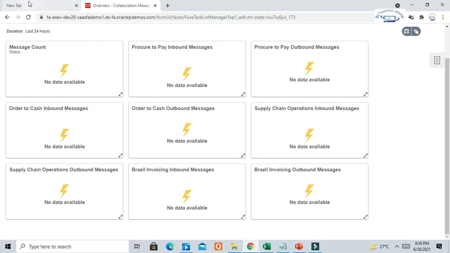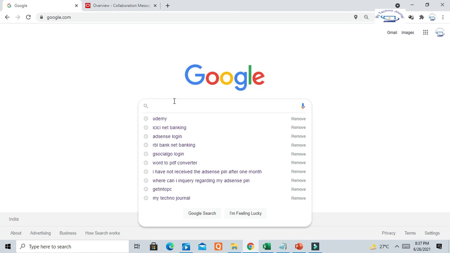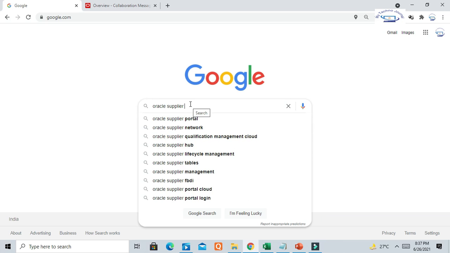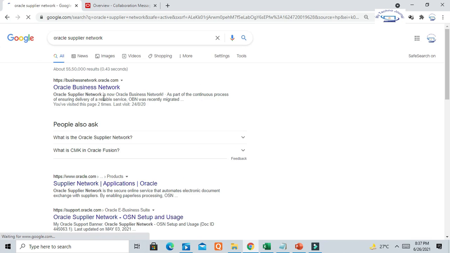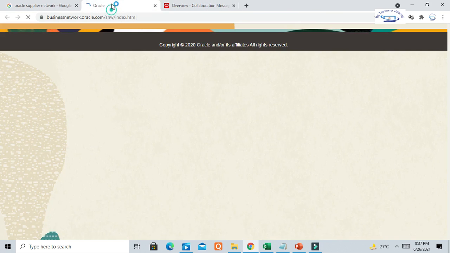If you go to Google and search for Oracle Supplier Network, Oracle Business Network is the service provider we can use for our CMK capabilities.